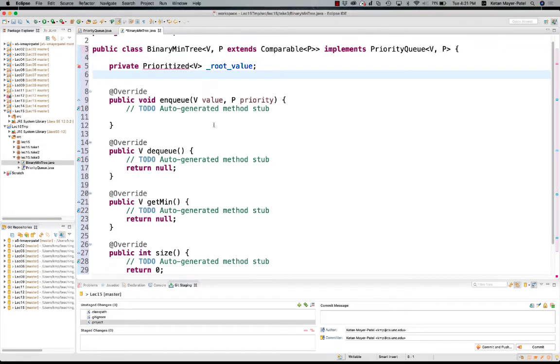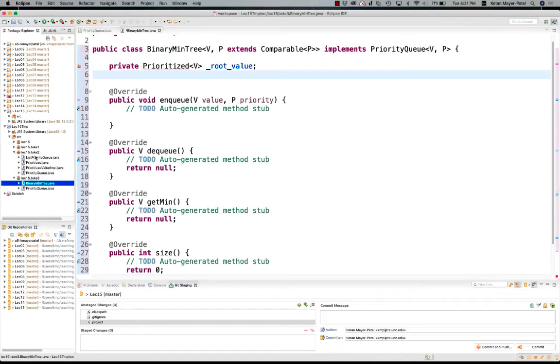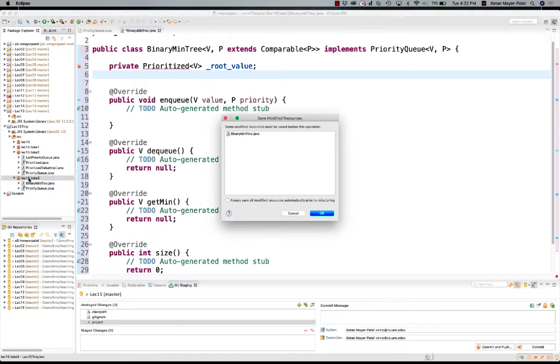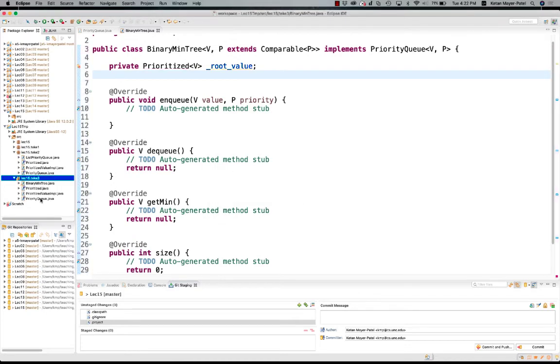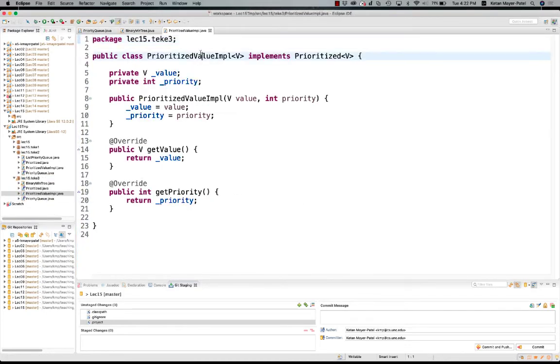Now, hold on. Where did prioritized come from? Let's go ahead and copy it from before. Prioritized and prioritized value impl, and I'll paste them here. Now, if I go to prioritized value impl, I should have just said prioritized impl instead of value impl. That was kind of dumb, so I'm going to change it here. Prioritized impl. So I have prioritized, and